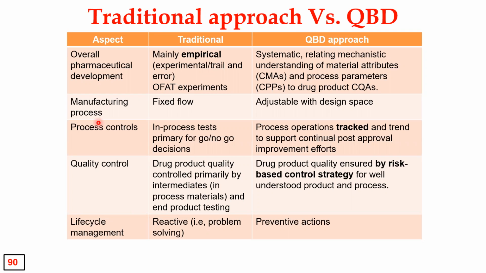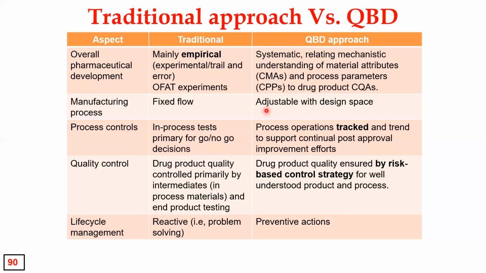In the traditional approach, the manufacturing process is fixed. Once fixed, you have to mix these granules and punch these granules, and it stays fixed. But in QbD it's adjustable within the design space. Let us say tomorrow USFDA wants 95% release or 90% release. We can adjust the material attributes and process parameter levels, and with DOE we can get the batch. But here it's not possible. Once again, if USFDA asks for 90% release, they have to break their head, go back, change all the excipients and their concentrations, and do so many trial and error batches.